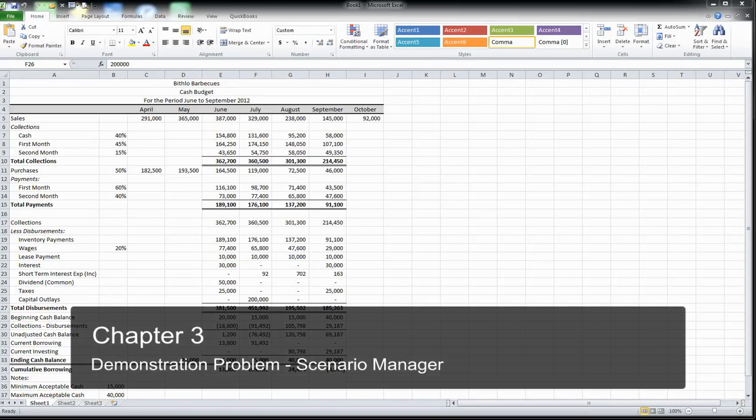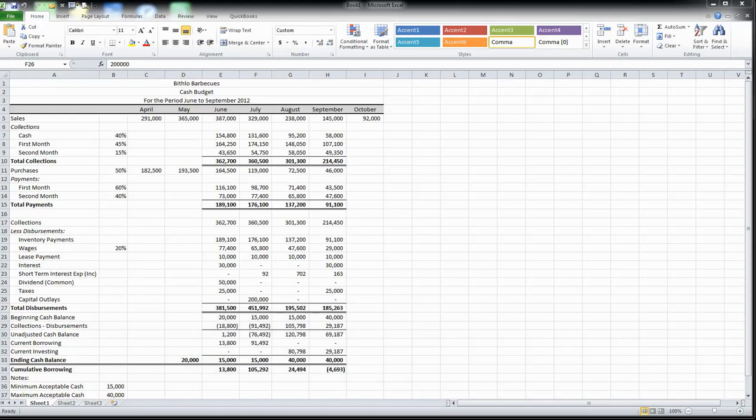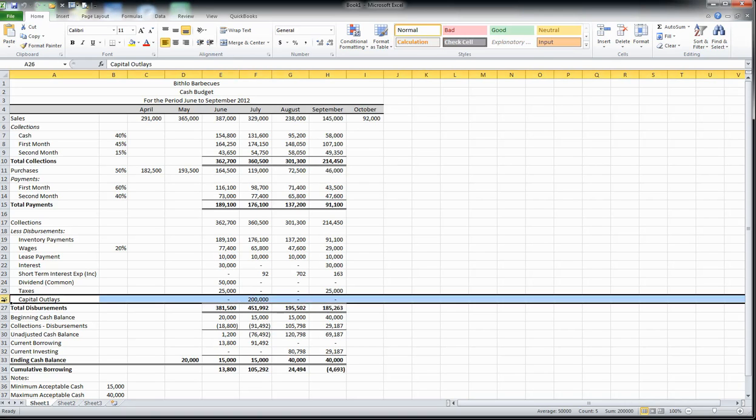Okay, let's pick up on page 84 with the Scenario Manager. The Scenario Manager that I'm going to show you how to prepare is going to be just slightly different than what our authors are illustrating. However, they are almost identical, just some small differences. Okay, so the general idea here is that you'll notice in row number 26 that we have in our example,